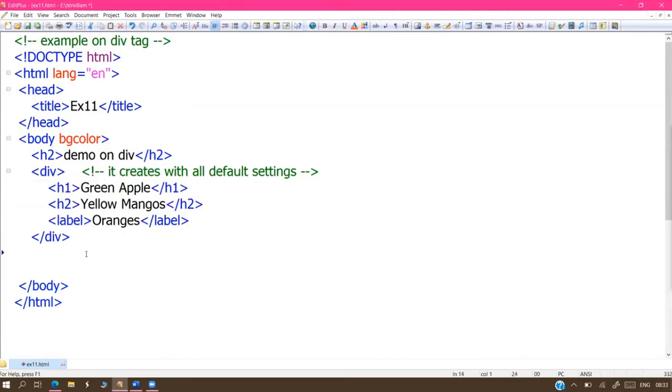Next, I'm creating one more division tag. I want to create the division tag with my own measurements, with my own color combinations, sir. 100% possible. How, sir? See that. Take the style option. We are applying CSS styles here. Style, background color, sir. First I am setting the background color. Actually background hyphen color, but we can go for the shortcut background. Either is okay.